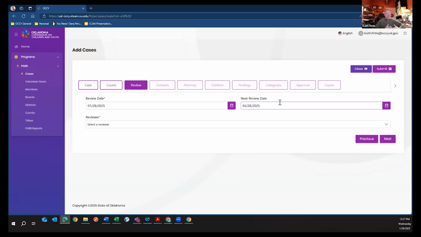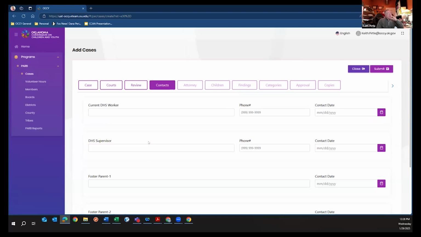But say, well, I really don't feel like we need to look at this case anytime soon. They're really stable. So you might say, okay, well, let's put it off for 6 months. Because remember, by statute, we review every case once every 6 months. So 6 months should be the extension of that. So you put that date in. Or maybe for the urban counties like Tulsa and Oklahoma, a lot of times you don't necessarily look at the same case twice. Sometimes you do, but that's fairly subjective on when you want to look at the case again. And then you can use that as a way to sort. And of course, you put your name in as the reviewer.